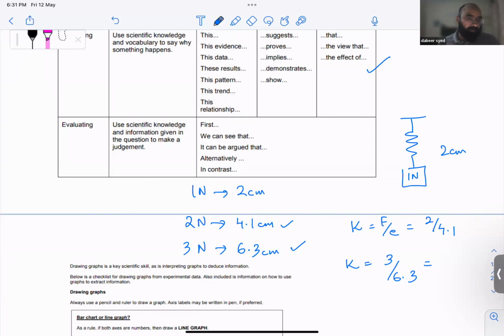जैसे मिसाल के तौर पे 2 divided by 4.1, so this would be somewhere close to 0.5, but not exactly 0.5. So it's going to be 2 divided by 4.1 gives you 0.4878, and 3 divided by 6.3 gives you 0.4762. ये मैंने 4 सिग्निफिकेंट तक लिख दिया। अच्छा, अब आपने सारी जिंदगी थ्योरी में ये पढ़ा है कि k की वैल्यू तो कांस्टेंट है, जिस मर्जी से निकाल लें।